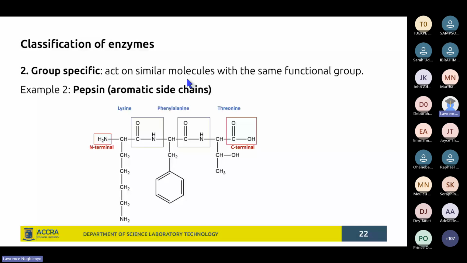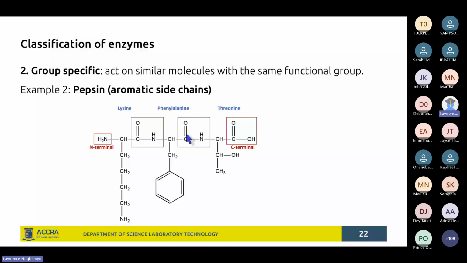It is group specific in the sense that pepsin acts on proteins that have some aromatic amino acids, the bonds that they form with the amino acids that are adjacent to them. You have pepsin acting on those proteins to break them down, which means that if you take this amino acid here,